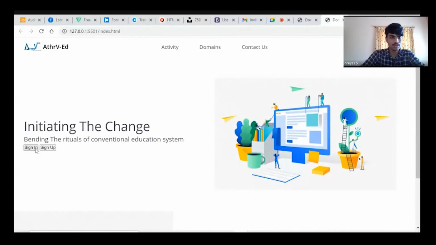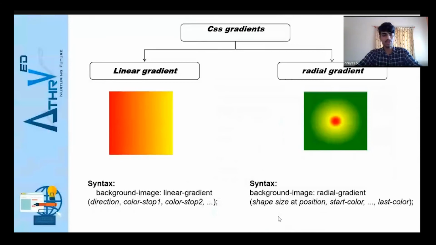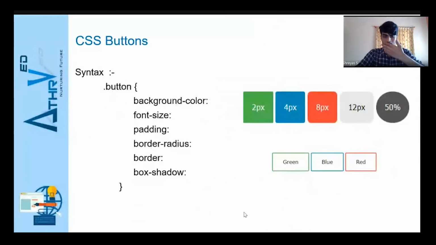Now what we have to do is design the buttons. Before designing, let me explain all the properties that come in the buttons. For a button, we can set a background color. It may be of two types: one is a filled button and the other is a transparent button. The one you can see at the bottom is a transparent button and the one at the top is a filled button.